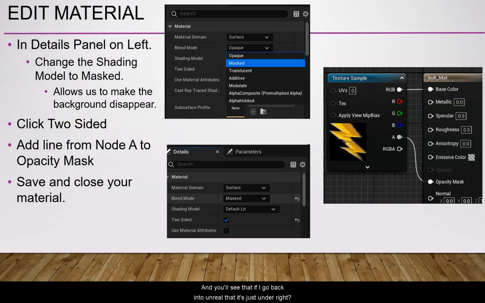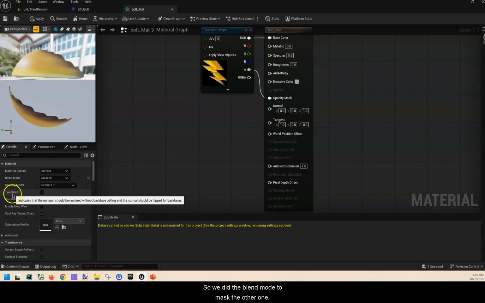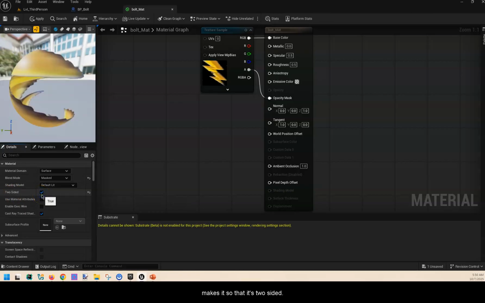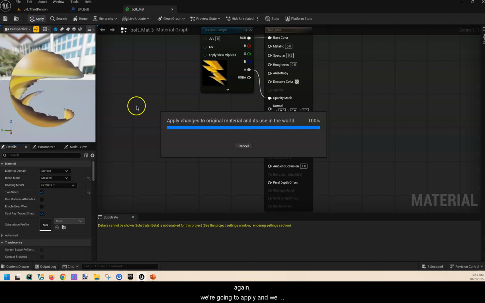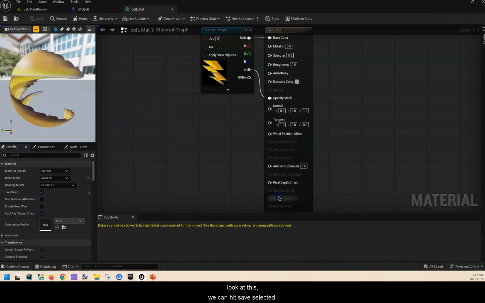And you'll see that if I go back into Unreal, it's just under, right? So we did the blend mode to masked. The other one, we just want to do a checkbox right here that makes it so that it's two-sided. So now we can see through the object. Again, we're going to apply, and we look at this, we can hit save selected,